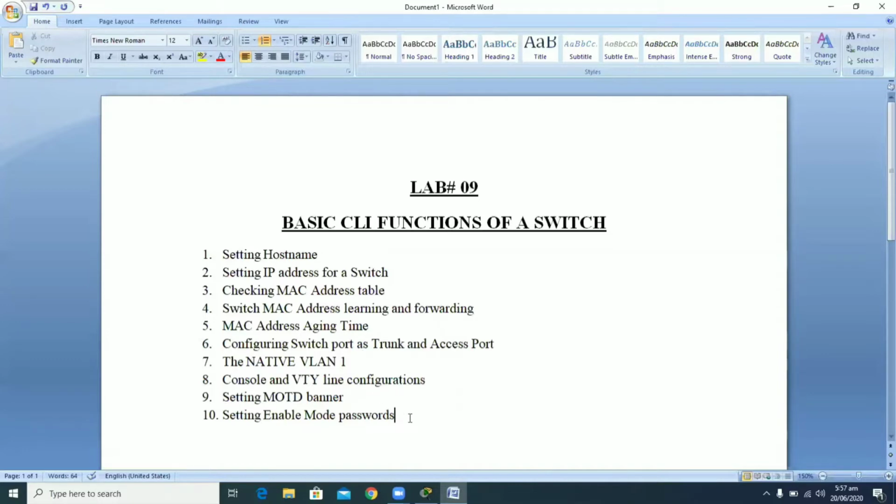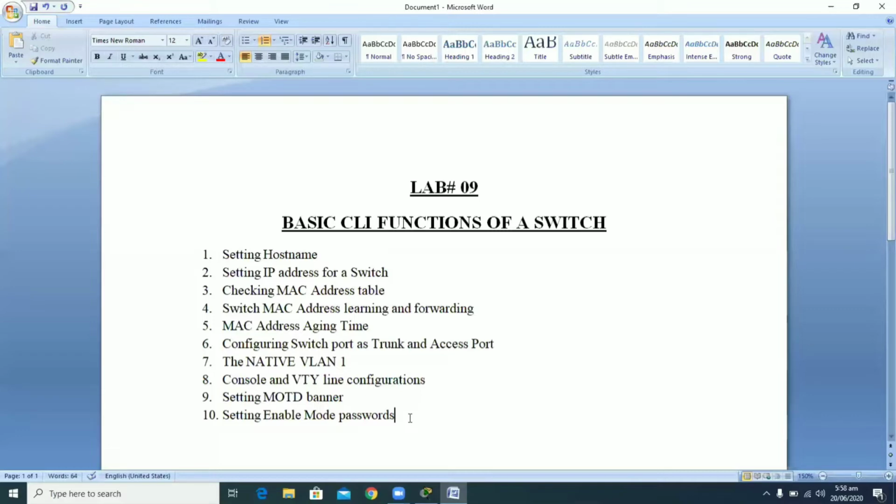One thing we should remember is that the basic modes of a switch are the same as those of a router. That is, we have the user mode, the enable mode, the global configuration mode, and then the specific configuration modes along with the ROM monitor mode. Many CLI functions of a switch are the same as those of a router, but there are some different aspects of switch configuration also.